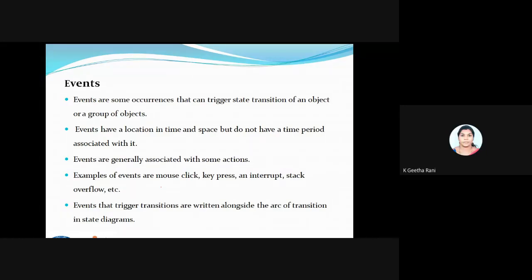Yeah, fine. So then we'll go for the next part, and next is called events. Event is nothing but some occurrence or a trigger. That trigger will be done so that I'm moving the state. For moving a state from one state to another, I need an event there. In simple terms, it's nothing but some occurrence that can trigger the state. That is called events. So if you're going to have these events, I have to be clear about